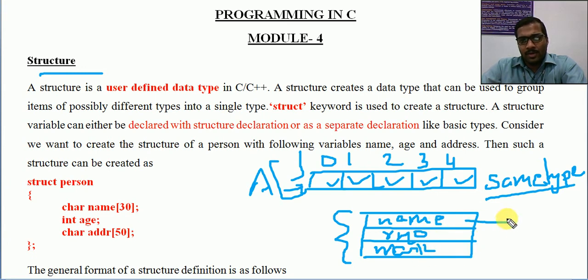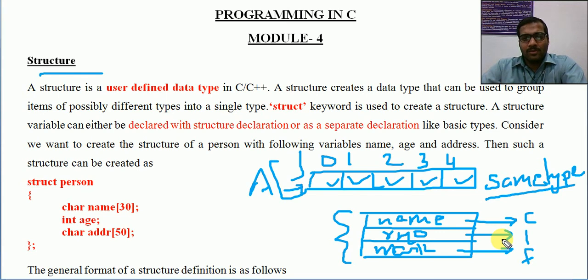name you know already, which is of character type. Then roll number, which is of integer type. And mark, if it is a decimal mark, will sometimes be floating point. I am just considering this as a floating point value. So if you want to store a single record that consists of various types of information, like student information such as roll number, name, mark and other details, they are actually of different types.